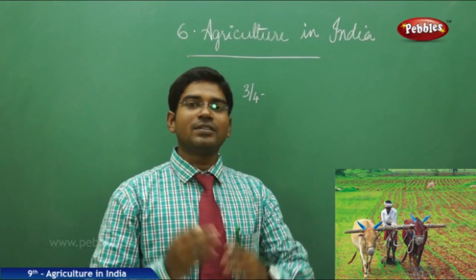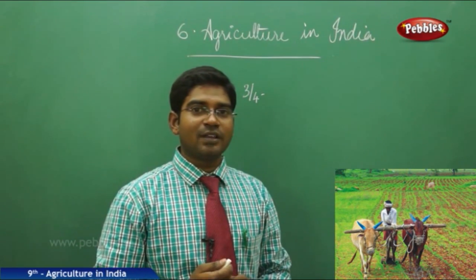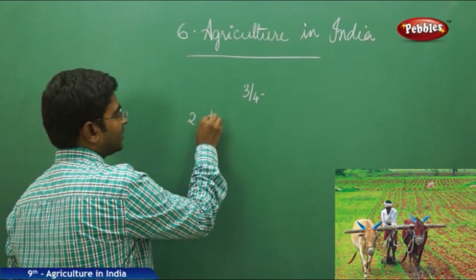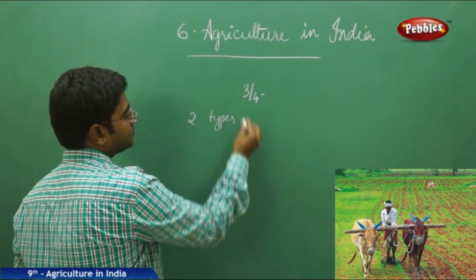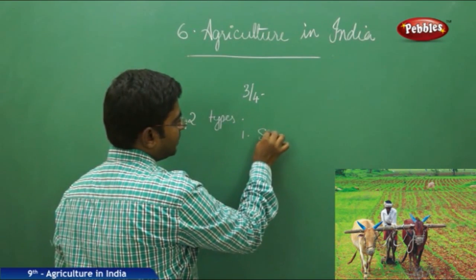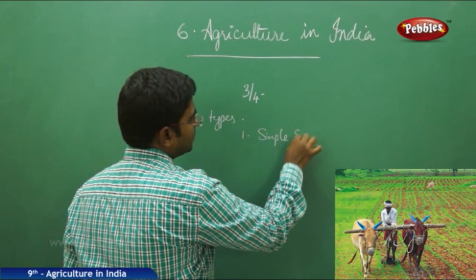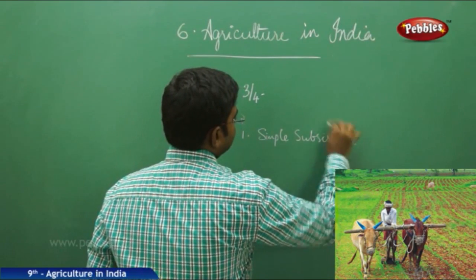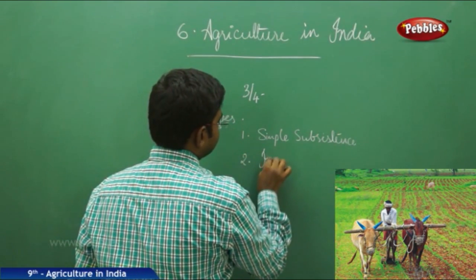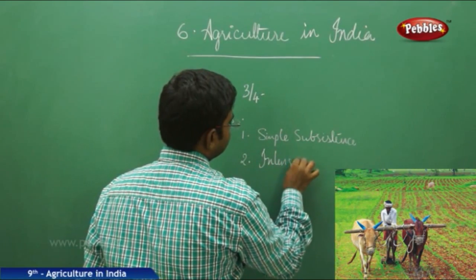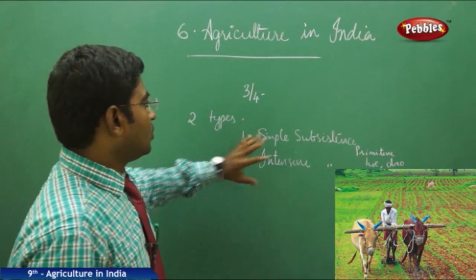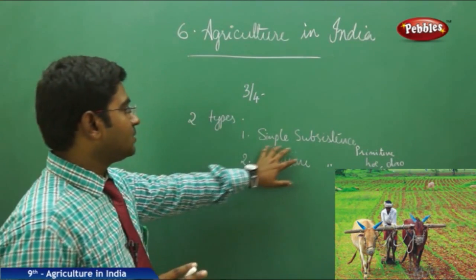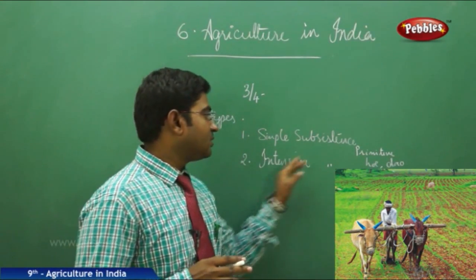Let us analyze what is agriculture, how many types of agriculture are there. So let us see here. We have two types of agricultures. One is simple. So the two primitive old types what were in existence earlier were the simple subsistence agriculture and the intensive subsistence